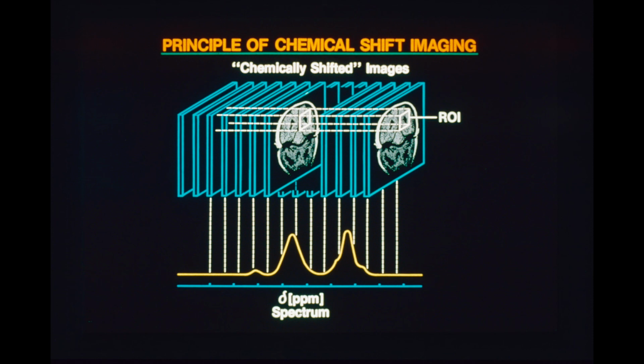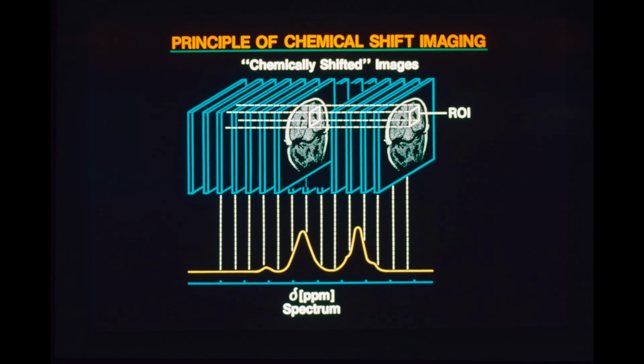Here's the chemical shift spectrum. What you're really doing is collecting a series of chemically shifted images, and each image shows a different aspect of the proton chemical shift spectrum. This is some data collected by Dr. Herfkens on a dog. From the upper left to the lower right, we're going from the left to right of the spectrum. So initially we should approach tissues that contain only water, and then tissues which contain only fat. And this is in fact what we see. As we step along, we begin to pick up the tissues which only contain water